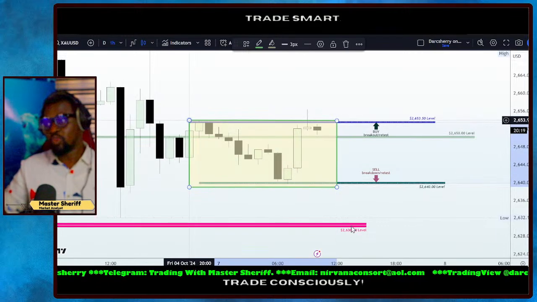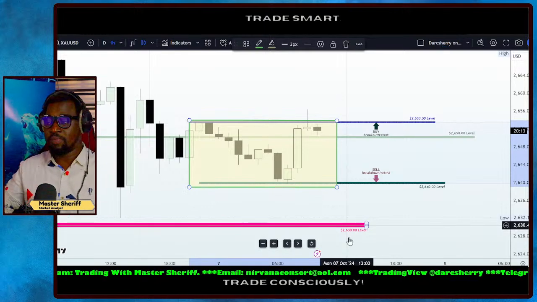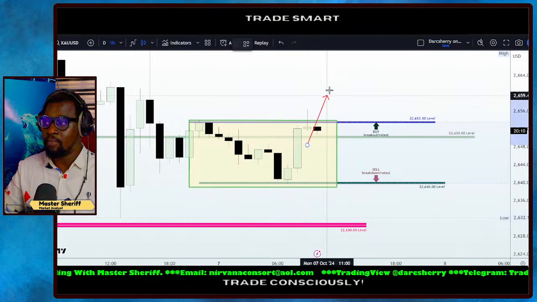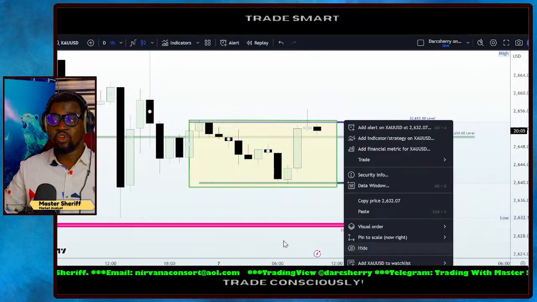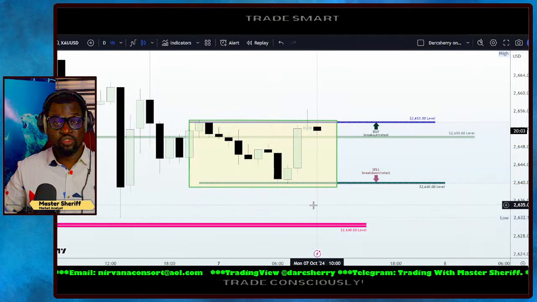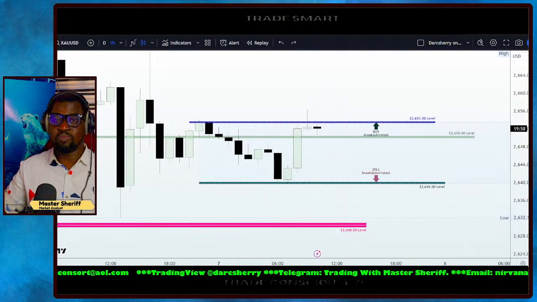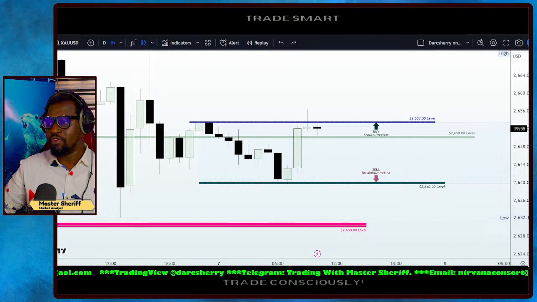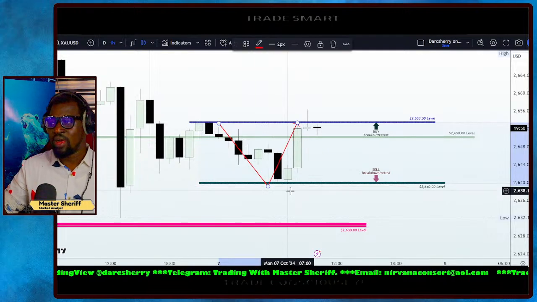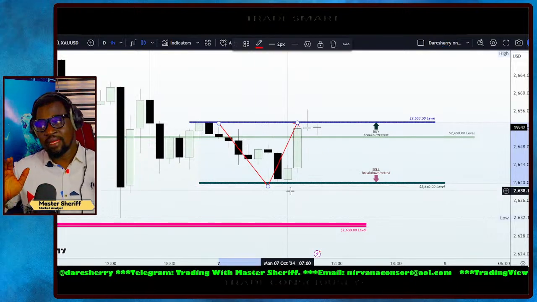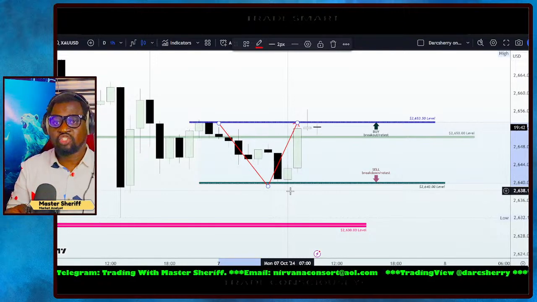And of course, when we see such structures like this, you know how we treat our range bound structures. We exercise patience and wait for price to either break out of the resistance line to give us an opportunity to buy, or break down the support line to give us an opportunity to sell. But if we look at things closely, it appears that buyers are gaining the edge at this point, though it's still like break even. Remember, sellers pushed price to the downside and then buyers took it back up, so it's more like a break even situation at this point,